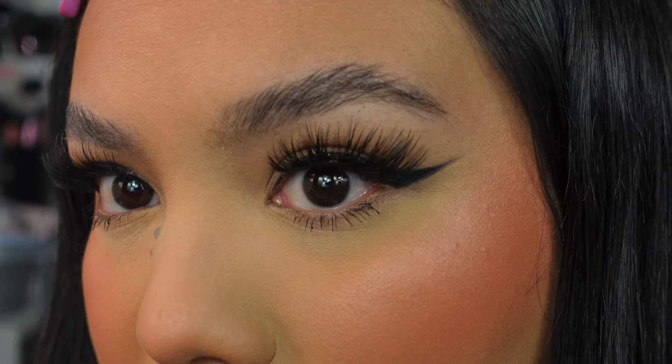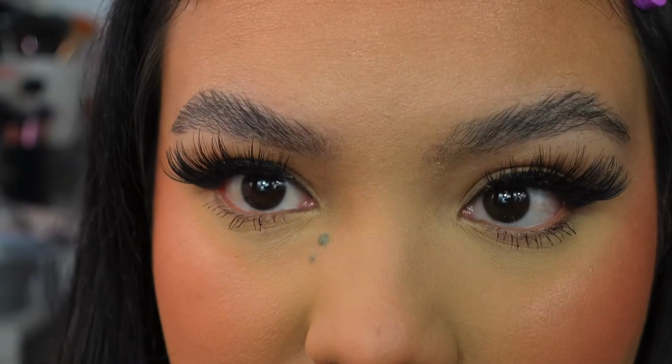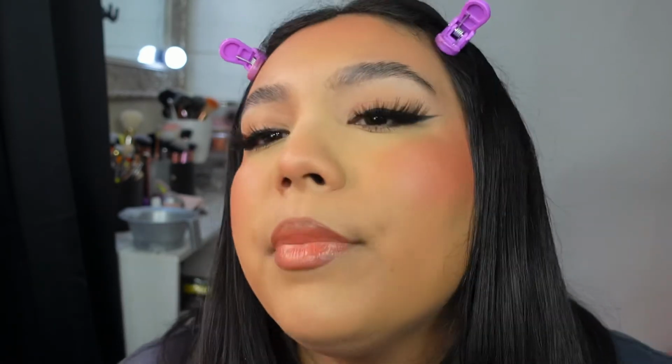I'm zooming you in so you can see the mascara on the bottom lash line. I actually do like how it makes my bottom lashes look very fluffy, with volume. Considering I have very small lashes, this does add a little bit of extra dimension. Look how cute my lashes are. I'm utterly obsessed with this look. It's very minimal for me because I usually go all out and do my eyeshadow and everything, but I am living for this big lash liner blushy glowy moment and then a soft matte base,